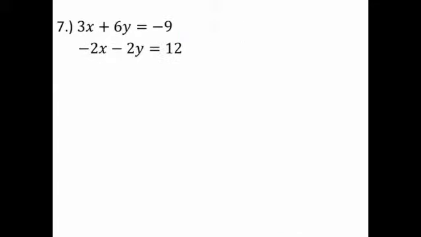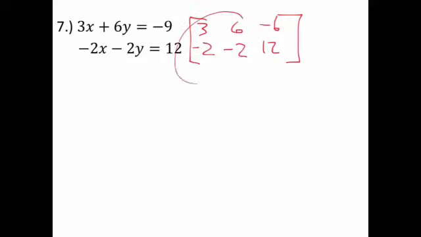Ta-da! So there's that one. Let's move on to 7. Transform this into a matrix. There's my x coefficients, my y coefficients, and then my constants on the right side. I need to transform this so it's the identity matrix, or the identity matrix upside down, like I've been doing